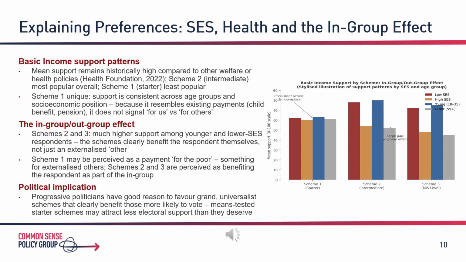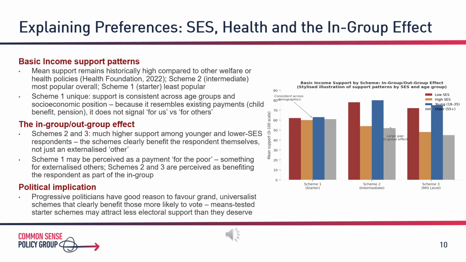The pattern of basic income support across the three schemes from our Act Now research adds an important dimension to the picture from Lecture 7's conjoint analysis, where the conjoint experiment measured preferences on hypothetical policy features. The Act Now surveys measured support for specific, named schemes with defined payment levels. The finding that Scheme 2, the intermediate scheme, paying £185 per week to working-age adults, is the most popular is